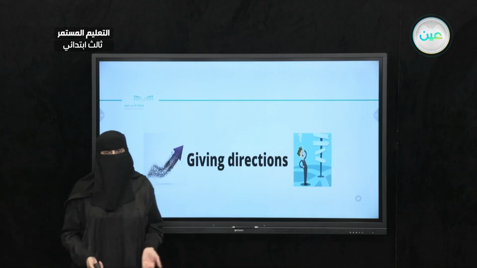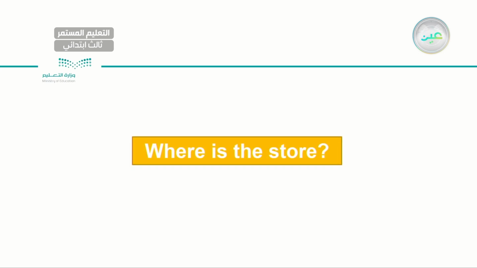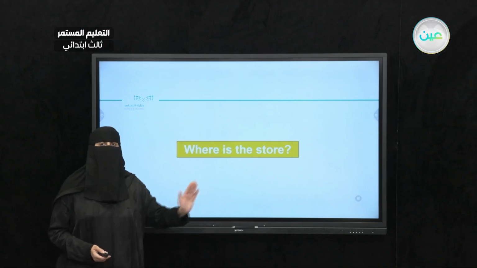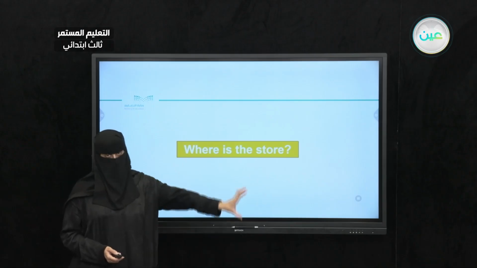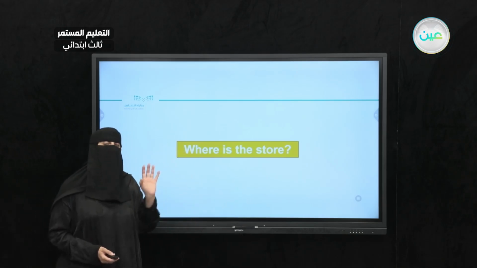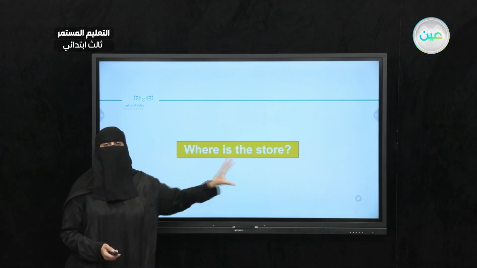But today we will be doing this differently inside the cities or the villages that we are living in. Giving directions could be very easy. How can we do this? First, we need to ask the question, where is the store? Or where is the house? Where is the office? Where is the mosque? We need to get to a place, right? Because our unit is about shops and malls, most probably we'll be describing a store's location or a shop's location,